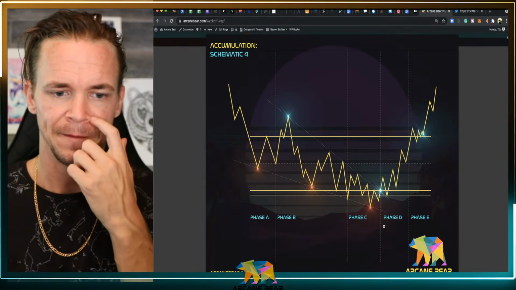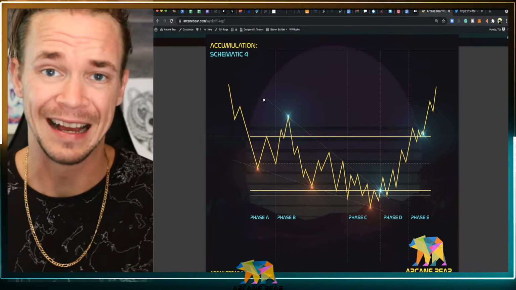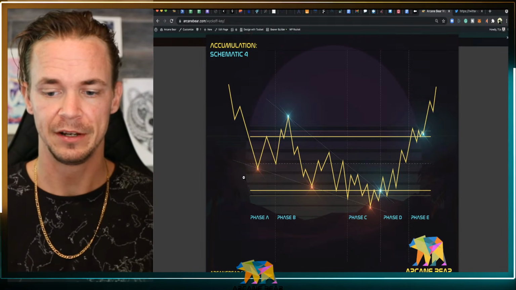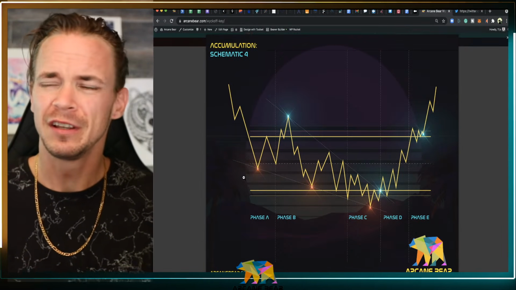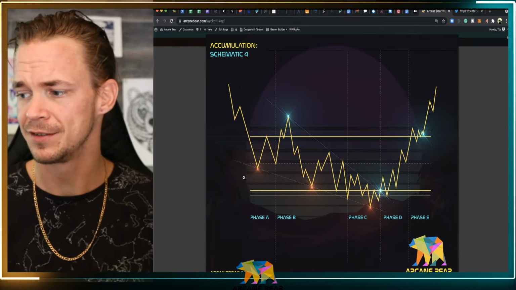Now, for instance, accumulation schematic 4 is what often people classify as a falling wedge. This is a more traditional accumulation schematic. Again, usually the longer the time frame, the more reliable the data. For those of you that have been joining us since the beginning,